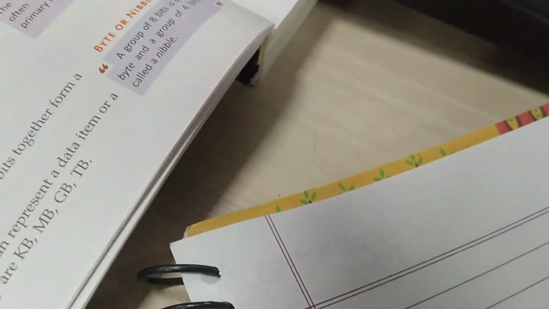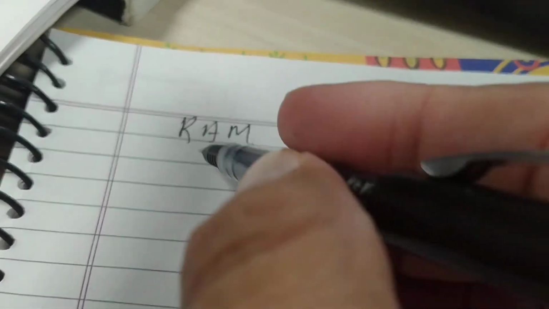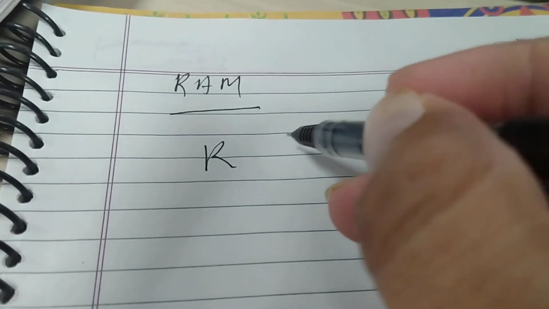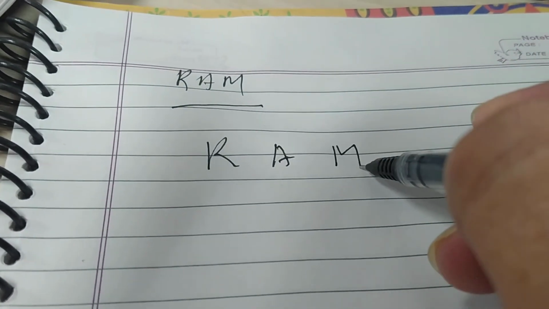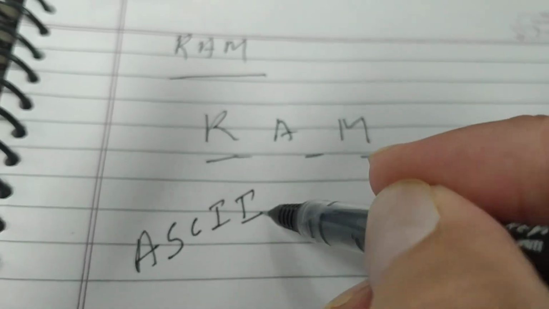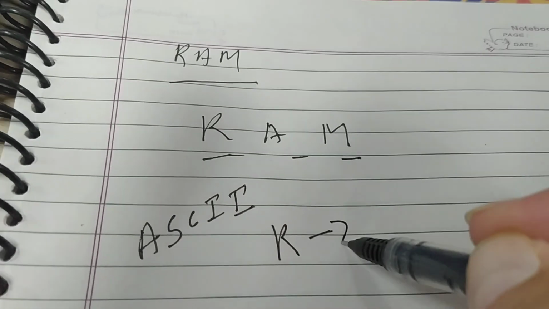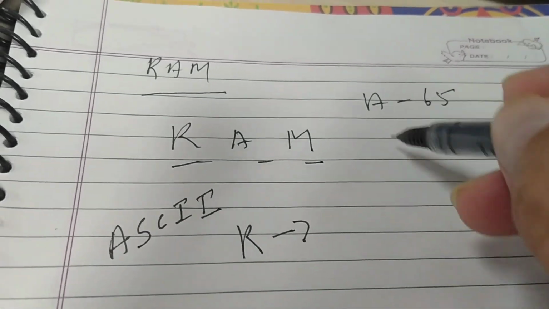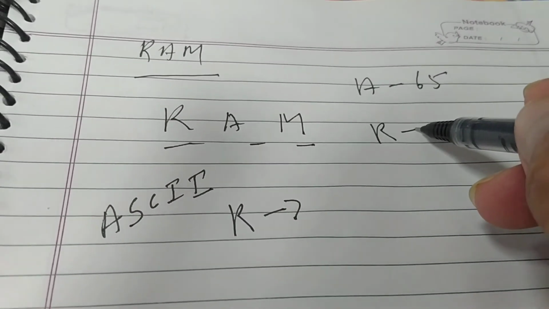Let's see that. If you are writing your name, suppose your name is RAM. Here the computer will first find R, then A, and then M, because it is in capital. So it will first find its ASCII value. What value? ASCII value. R's ASCII value: if A has ASCII value 65, then R always comes on